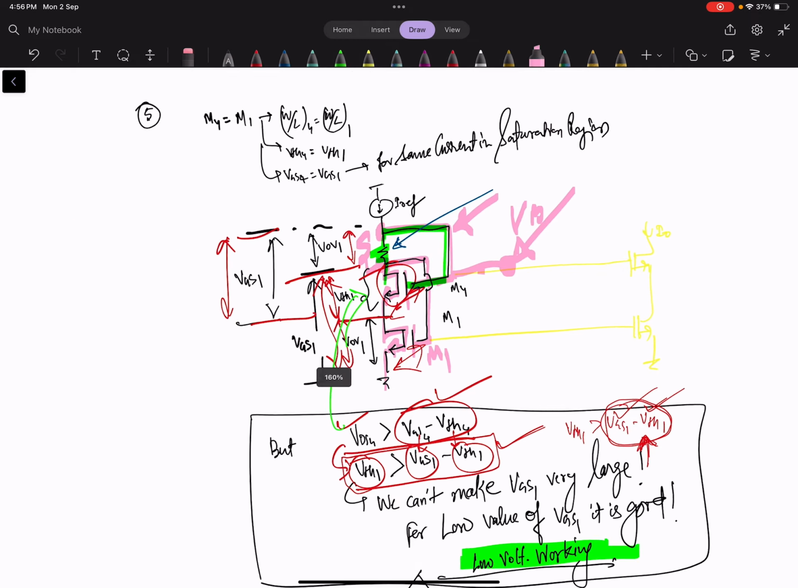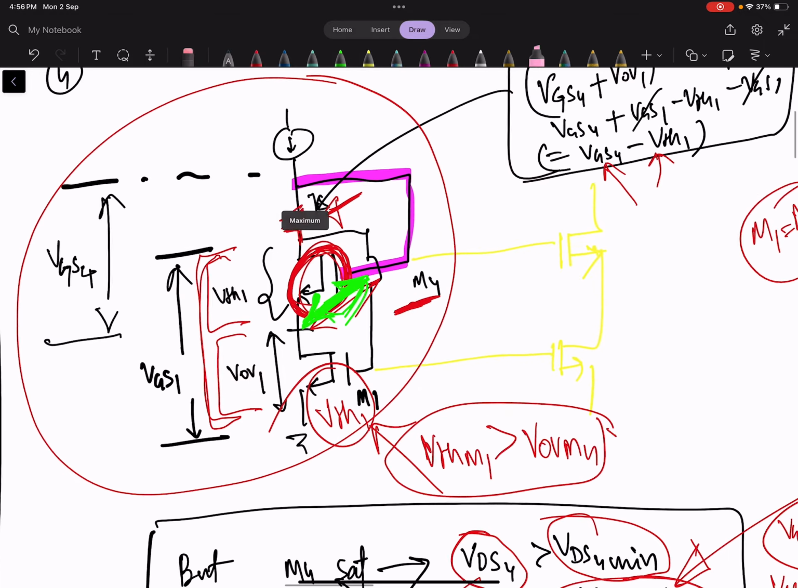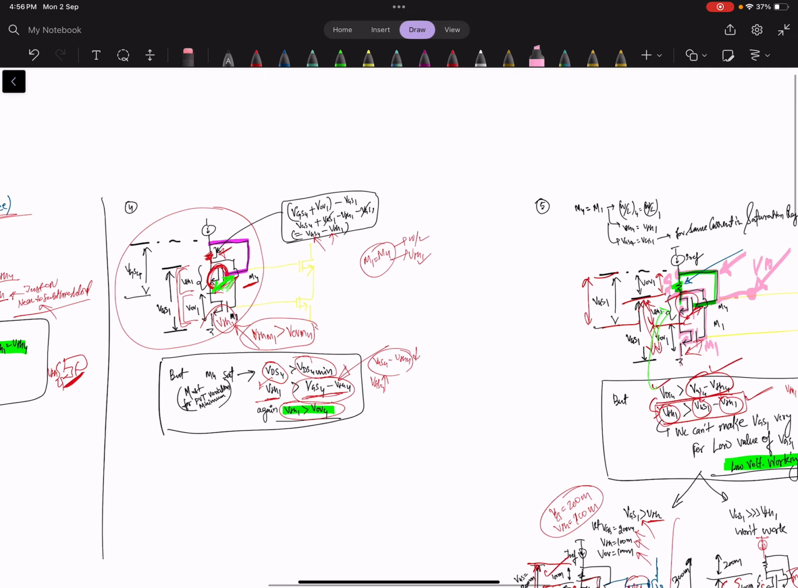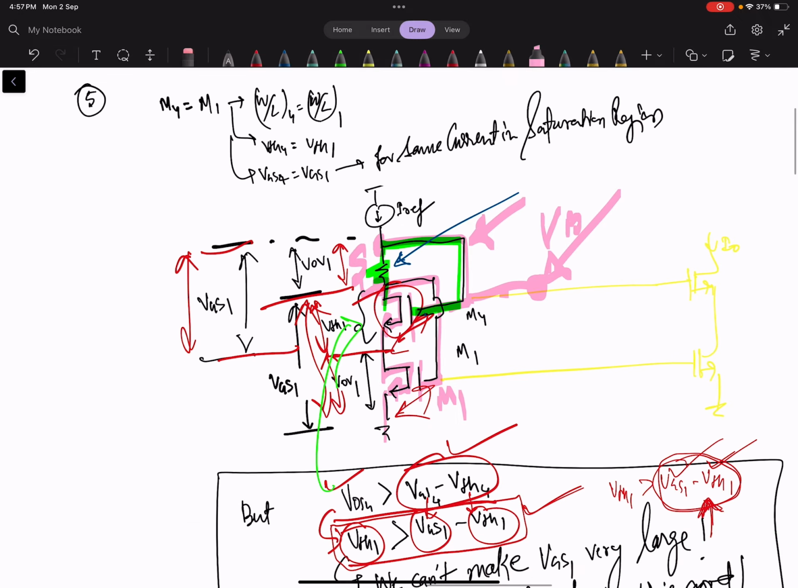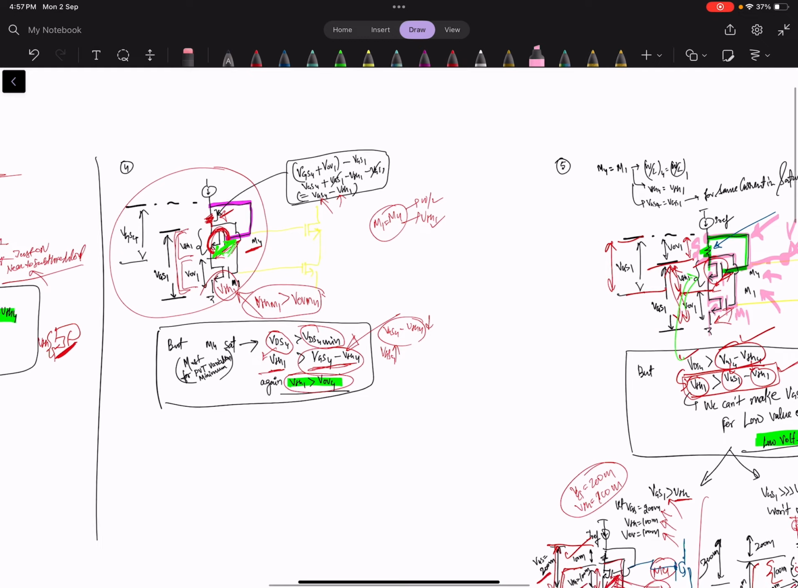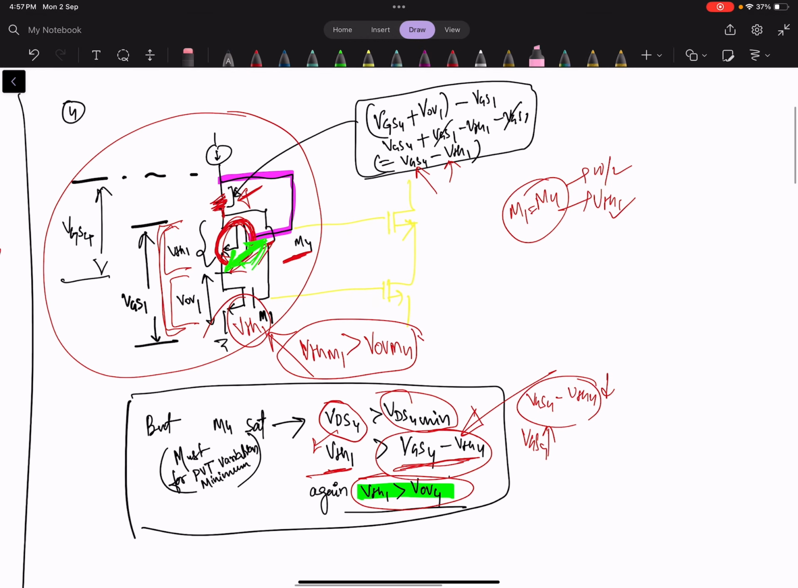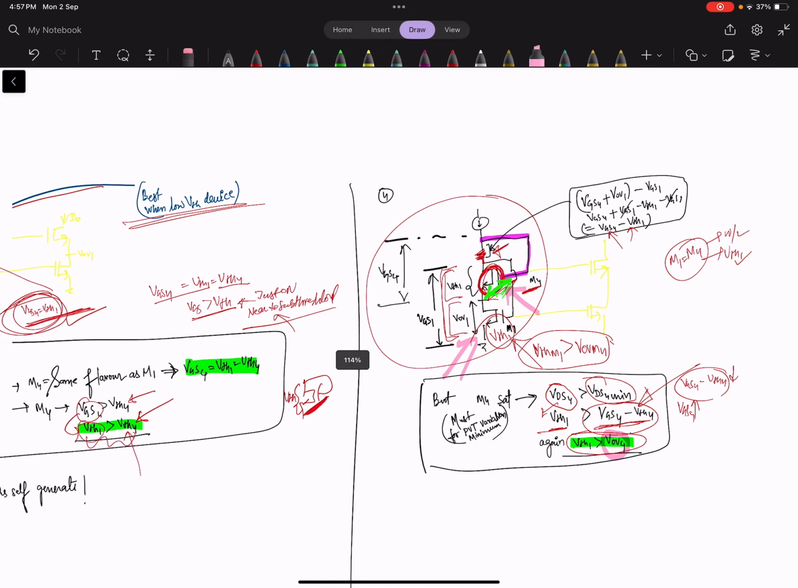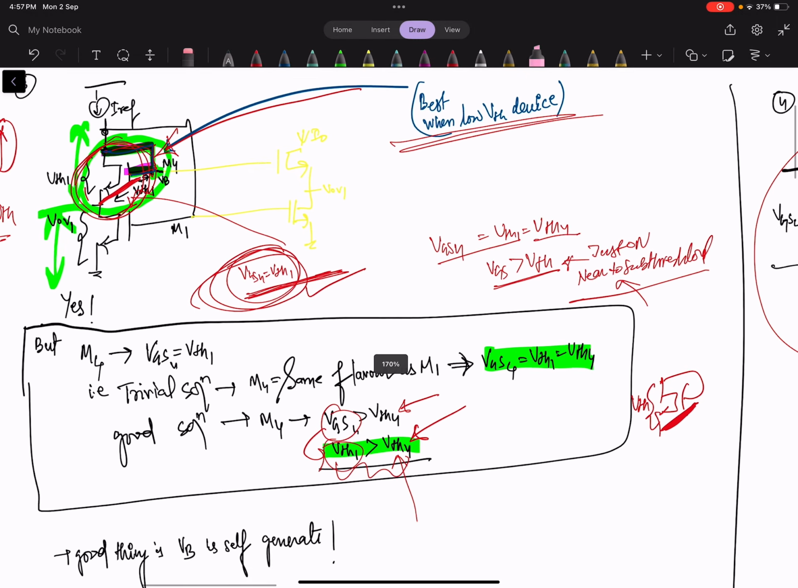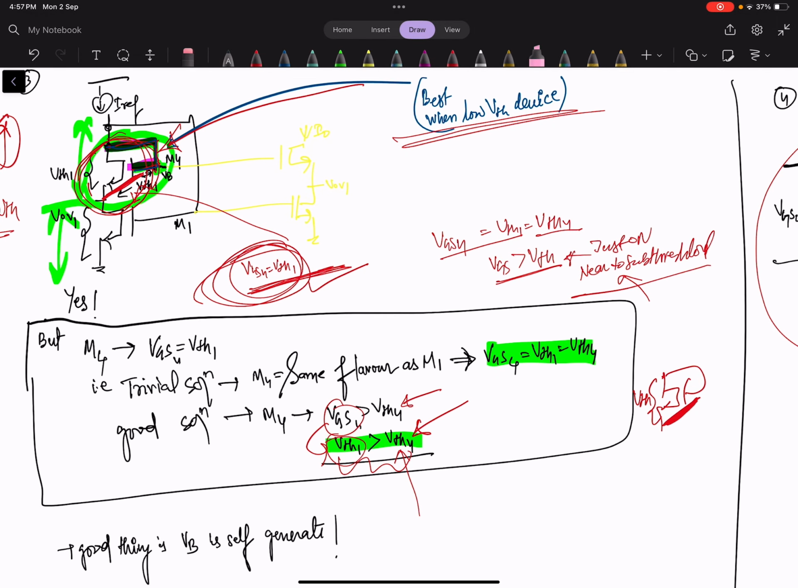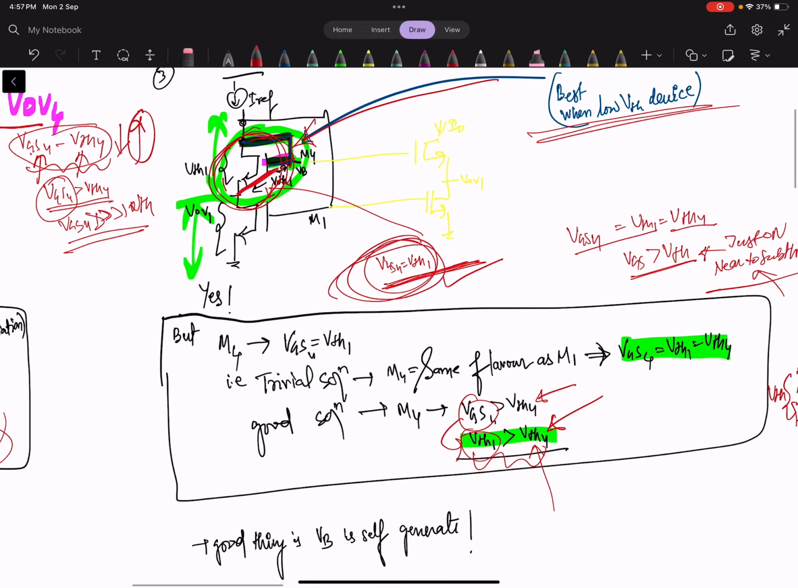Okay, and here also we can use this. That was the case when both M4 and M1 are the same VTH, identical devices. Here also it is the same. In the non-identical case, the overdrive voltage of M4 should be less than the VTH of this. So this can also be used, only that we should satisfy the condition. And before that we see that simply